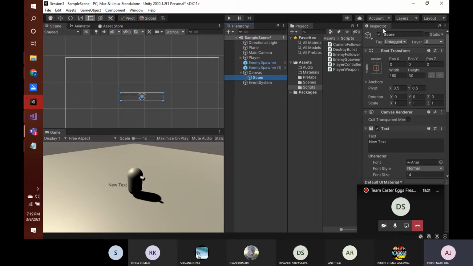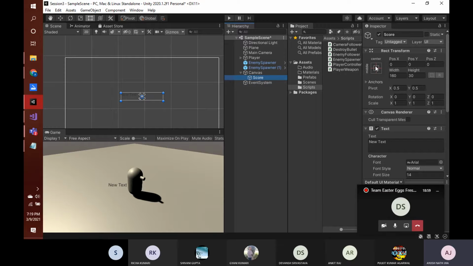In this inspector window, for this text element which we just renamed score, you have this rect transform component. This is basically an anchor based system where, just like in ships we have an anchor, we have some anchor points, and the ship where it is anchored has a sort of relative referencing to that point. So here also, currently this score element is anchored to the center. As you can see here, this dot and this box is at the center, so that is why our element is in the center.